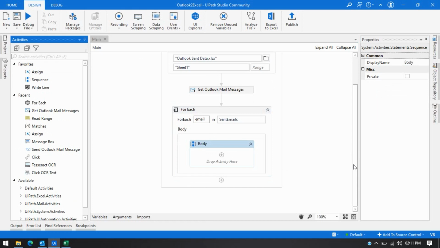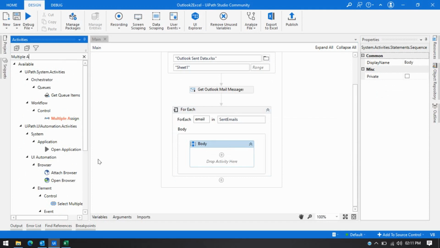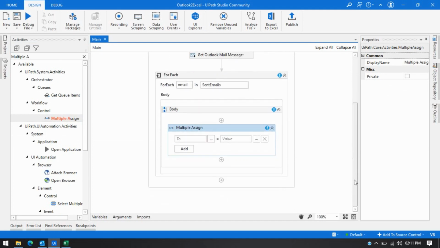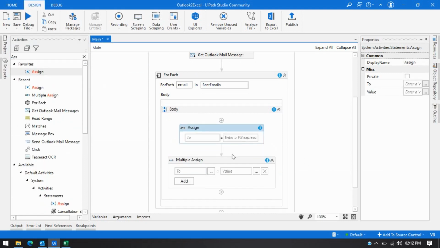But now if you have a requirement where you are using assign activity multiple times, in that scenario you can use the multiple assign activity. And in this one, it is the same as the assign activity. Here also we are assigning a value to a variable, but we can add one more in these things. We can add multiple.